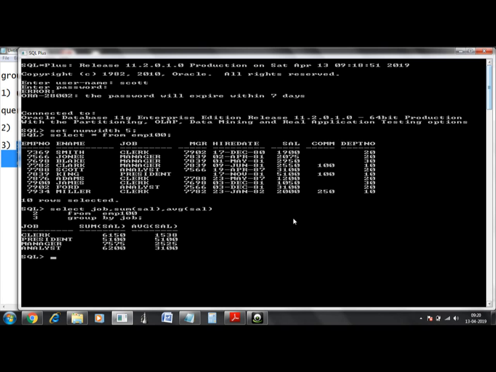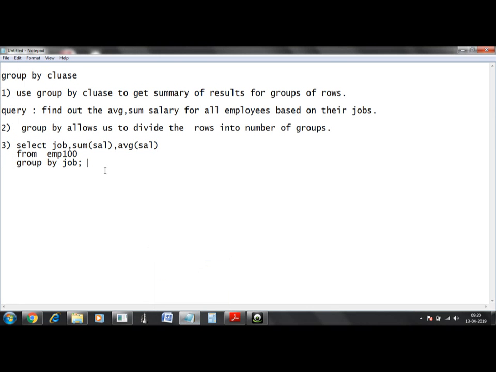The first and most important rule, rule 1, is that all attributes which do not have a group function, or which were not applied with a group function, in the attribute list